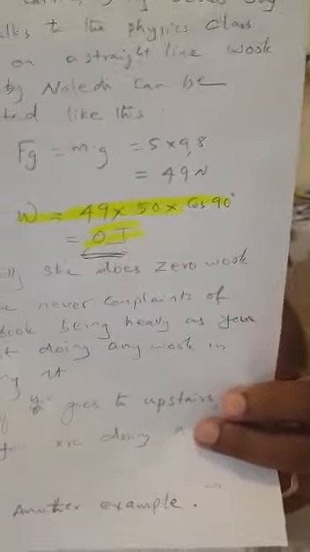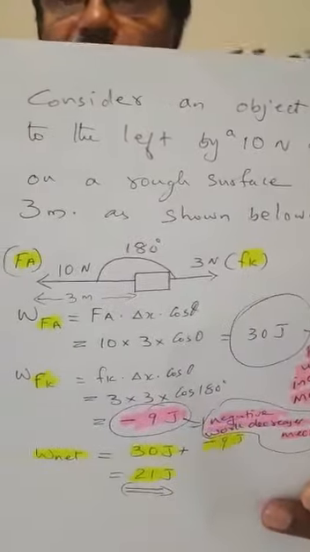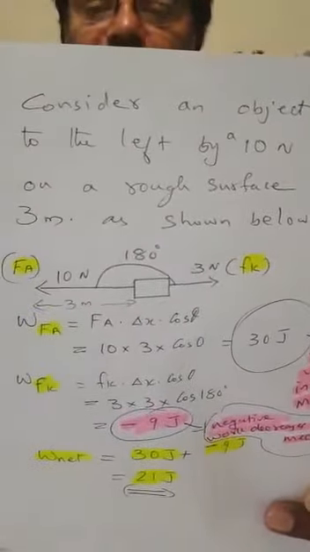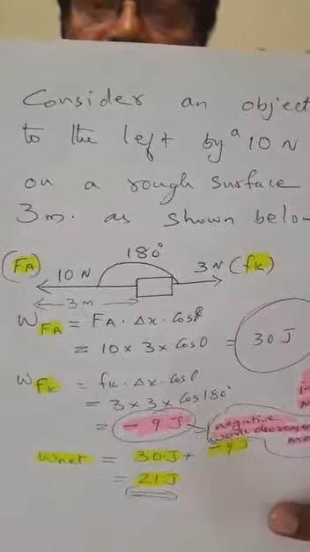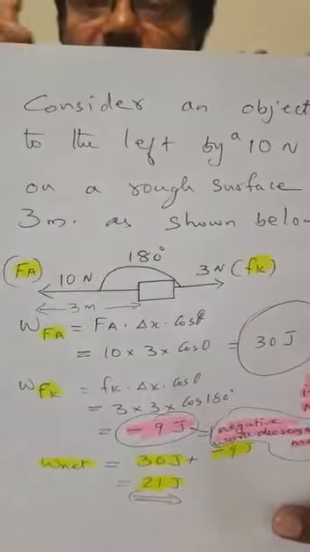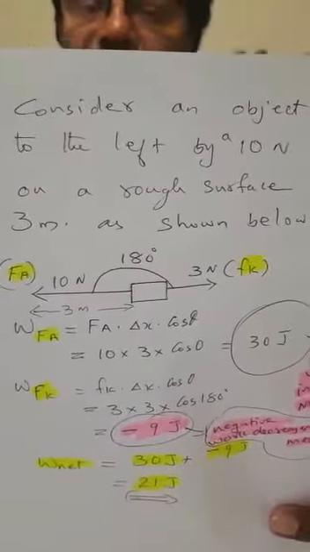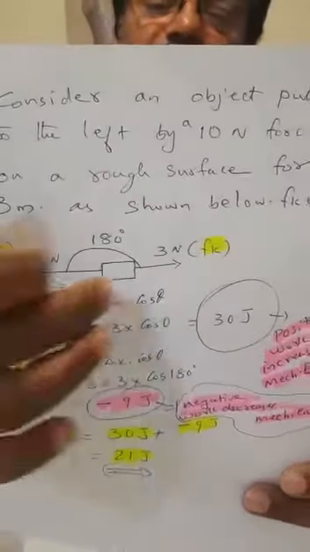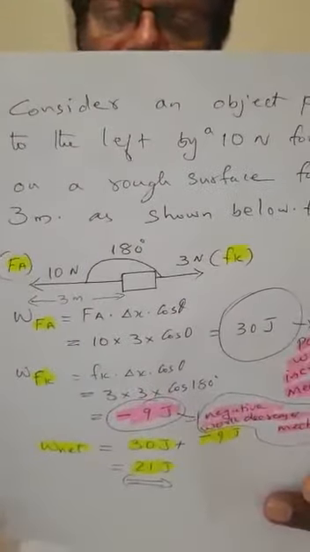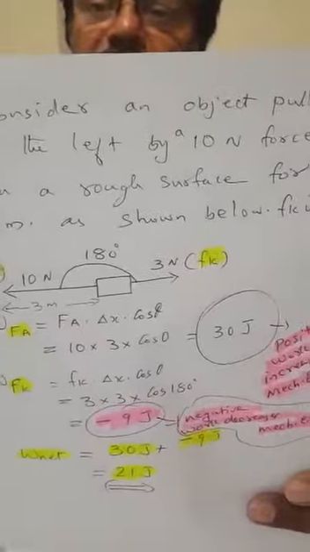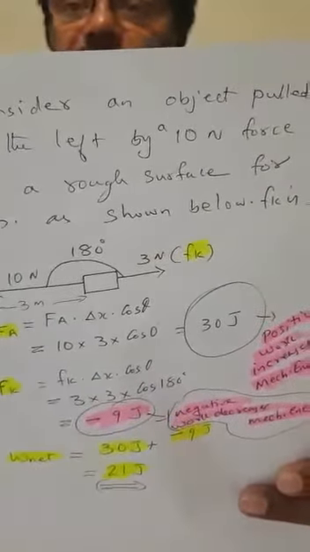Okay, let us look at another simple example to make the concept very clear. So think about an object pulled to the left or westerly direction with a 10 Newton force, and consider it moves 3 meters. At the same time, this is a rough surface, therefore there is a kinetic friction which is 3 Newton easterly. You know that friction is always